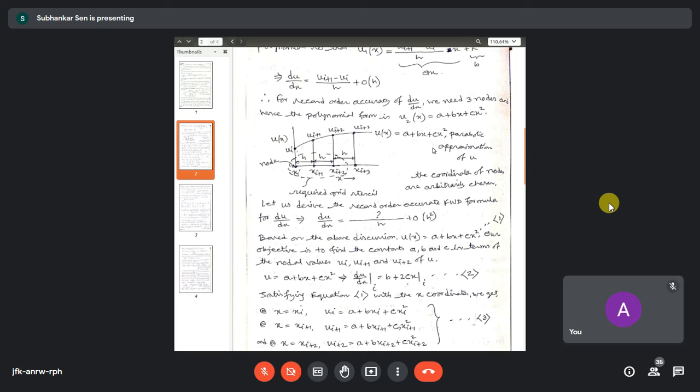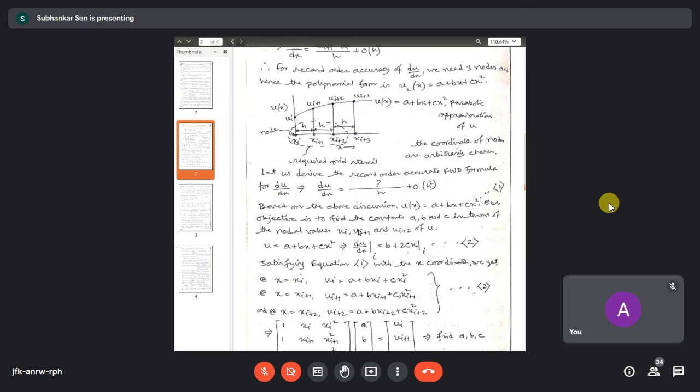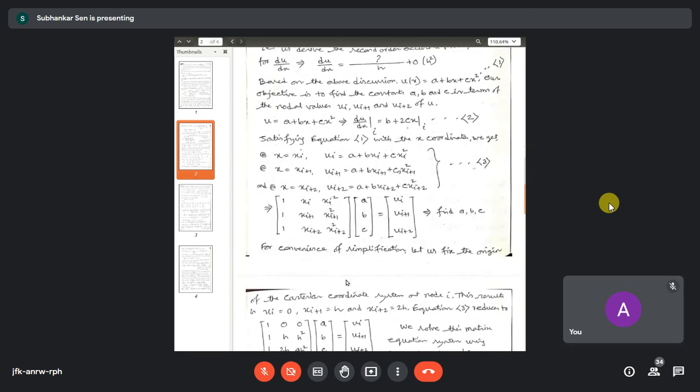So we are solving it in Cartesian system, so we can treat this particular point as representing the origin of the coordinate system. If it is the origin, then we can take xi equals 0. If xi equals 0, then our first equation becomes much simplified. Okay, so that we are showing here.